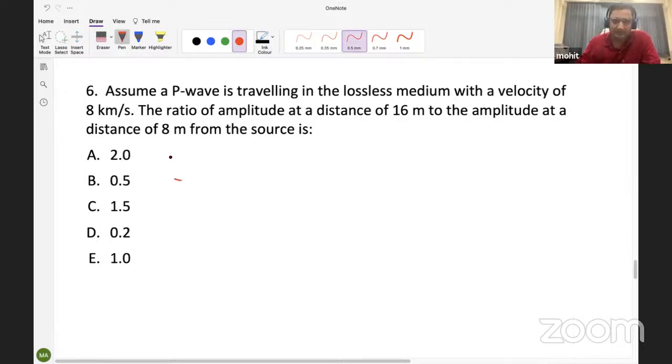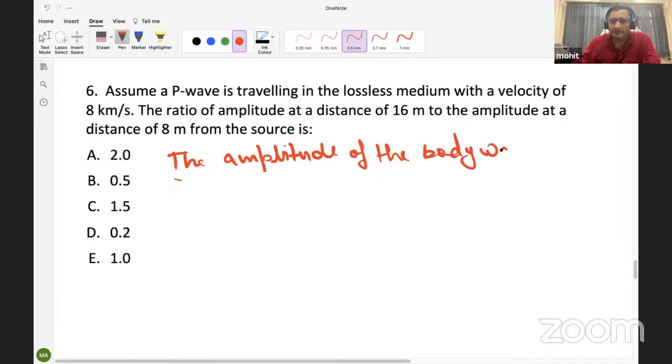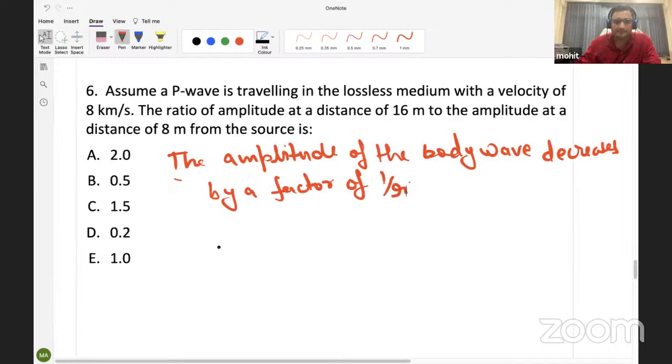So the amplitude of the body wave decreases by a factor of 1 by r. Okay, hence